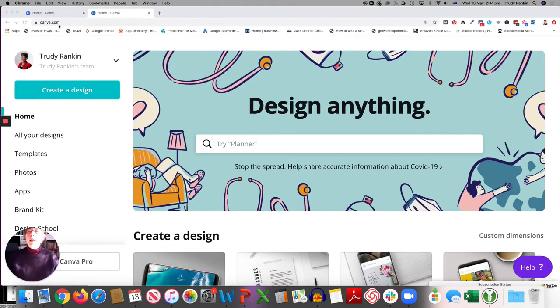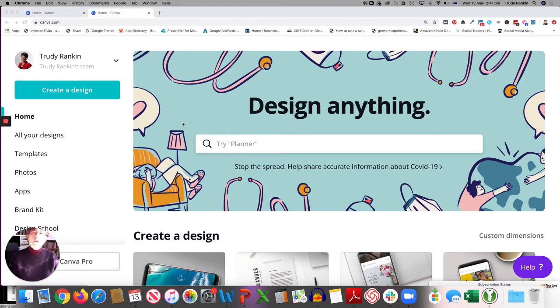So you're going to go to canva.com, and if you haven't used it before, you'll need to set up an account, and you just need to set up a free account. It's not necessary to pay for an account at this stage. You don't need to have a paid account until you get to a certain stage where you need to be sharing a lot of things, or you want to use specific things in Canva that you just think are absolutely necessary. But there's so much in there and so much available that it really usually isn't necessary to pay for an account. So, but it's got lots for you to choose from.